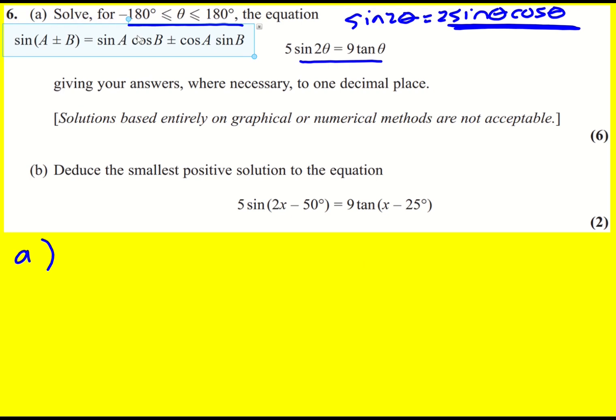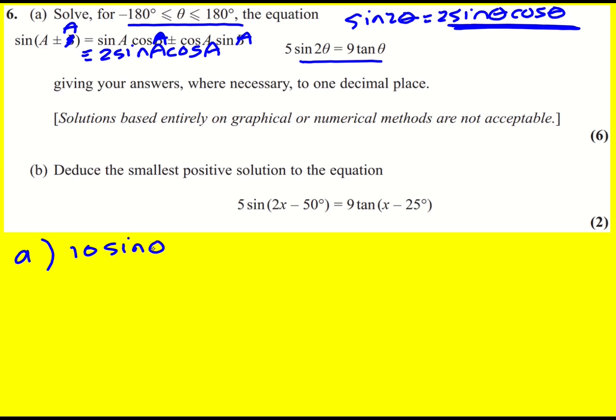For now, if you haven't learned it, then look, we take our addition formula from the formula book. We just make b equal to a, replace it. So we get sine a cos a plus cos a sine a. And you can see that will equal 2 sine a cos a. And then I just replace a by x, or theta in this case. Sine 2 theta is 2 sine theta cos theta. There we go. So our first line is then going to be 5 times 2 sine theta cos theta,